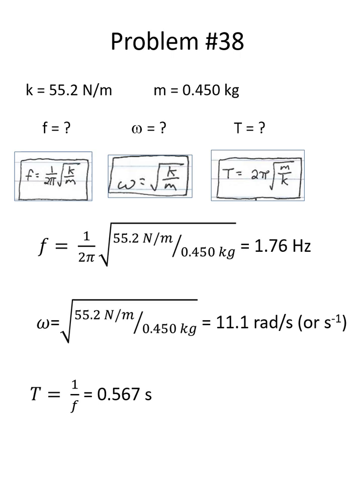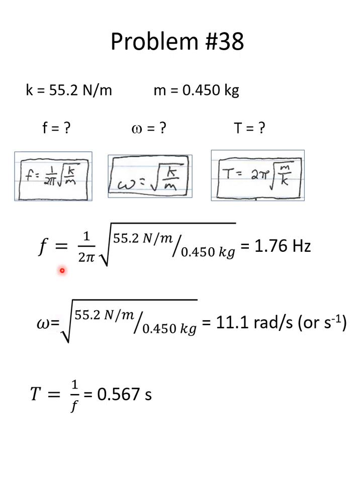And here we go. For frequency, we're going to use this equation on the left. So 1 over 2 pi times the square root of k divided by m, 55.2 divided by 0.450. You can do an exercise in dimensional analysis and convince yourself that these units, newtons per meter per kilogram, do come out to hertz. We get 1.76 hertz. For omega,